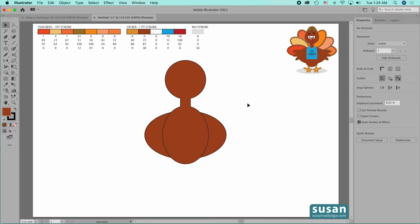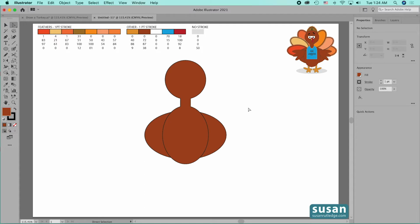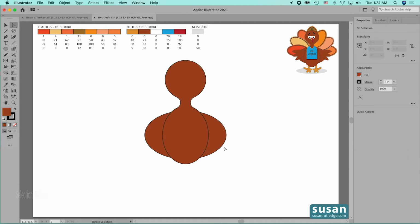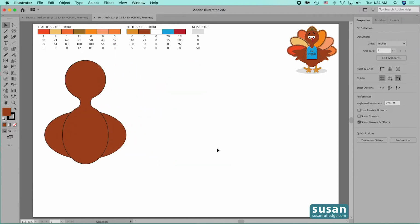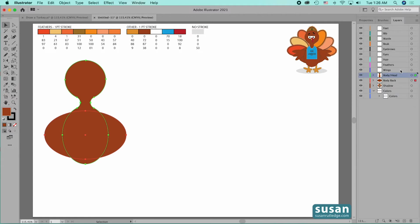Now I'll deselect this and get the Direct Selection tool, keyboard shortcut A. I want to round these corners. I'll hold down the Shift key and click on the 4 anchors that are right around the neck, and then I'm going to drag these handles to 0.3 and release my mouse. Now I'll get the selection tool, keyboard shortcut V, and select my turkey body and move it out of the way for a minute. And now we'll move back to the Layers panel, and we're going to work on the